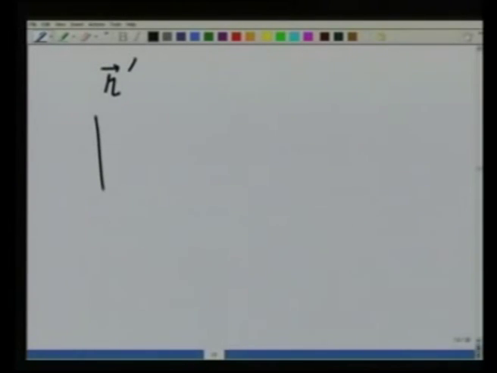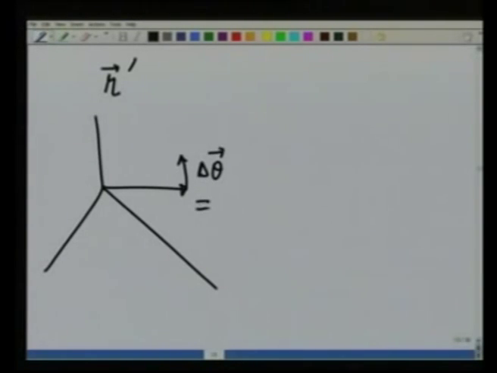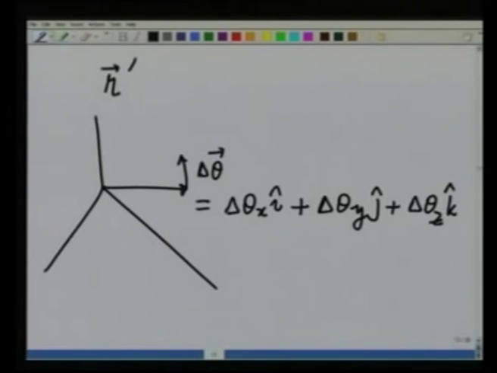Let me generalize the result: if I had a vector somewhere and I rotated it by a small angle delta theta, which I will write as a vector, delta theta x about the x axis, delta theta y about the y axis plus delta theta z about the z axis, then I could write r prime as equal to the original vector r plus the change in r, which will be written as delta theta cross